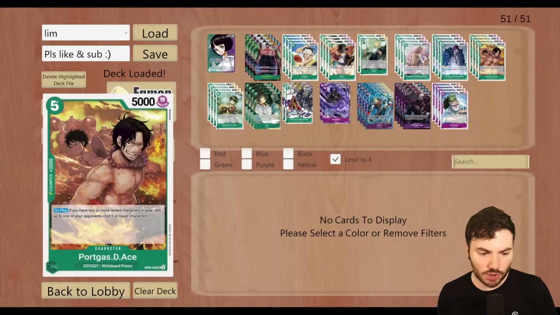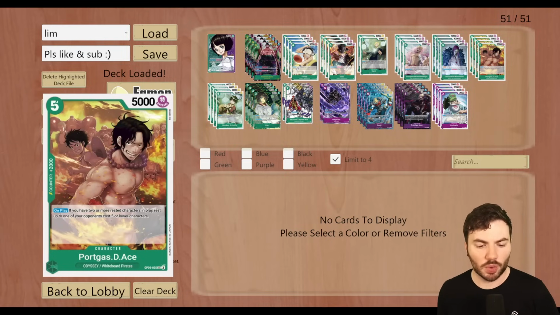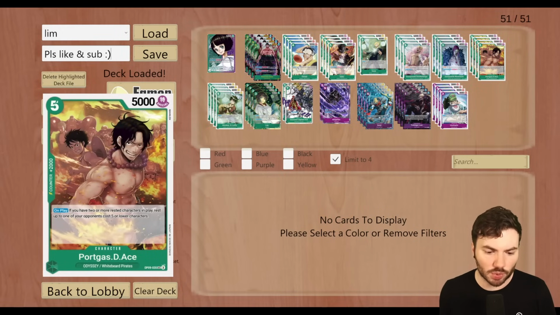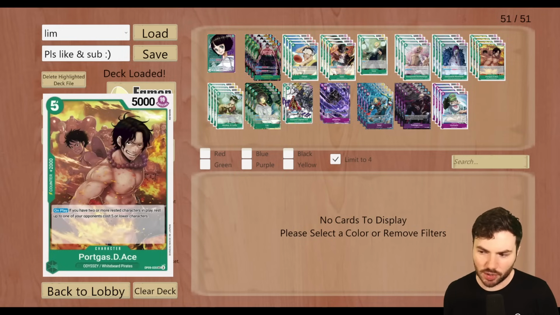Then we have a playset of 2Ks with the 5 cost, 5,000 power Ace. This says on play, if you have 2 or more rested characters in play, rest up to one of your opponent's 5 cost or lower characters. More often than not, this will just be a 2K counter, but there are times where you can rest a character. Maybe you're going for game, or maybe you want to rest a blocker and attack into a different character. This Ace helps you do that, but we have a better card for this situation, and that is in the